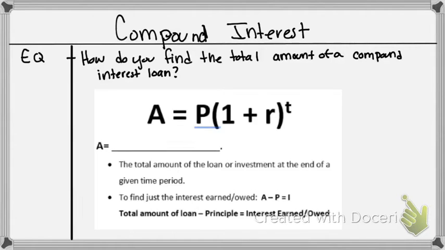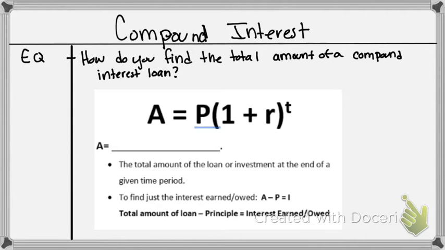Today we're going to be talking about compound interest, and our essential question is, how do you find the total amount of a compound interest loan? Okay, we do have a different formula for compound interest. It is different from simple interest. The compound interest formula is A equals P, parentheses, 1 plus R, close parentheses, and then we have an exponent of